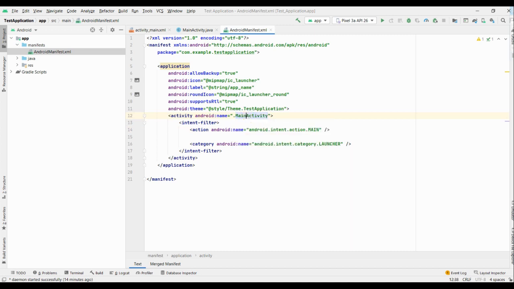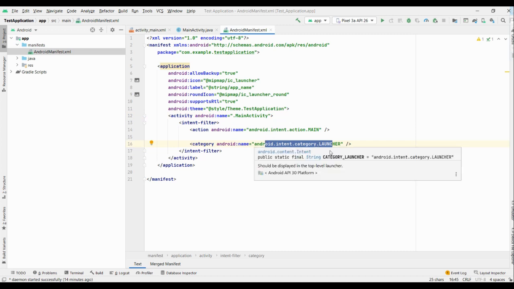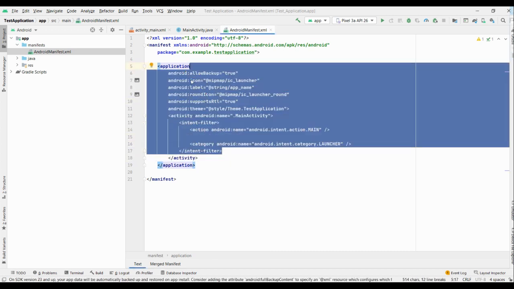And in category we have defined the launcher, so we are telling that this activity should appear in the launcher as a top level application. Basically this AndroidManifest.xml file describes essential information to the Android OS, Google Play and Android build tools.